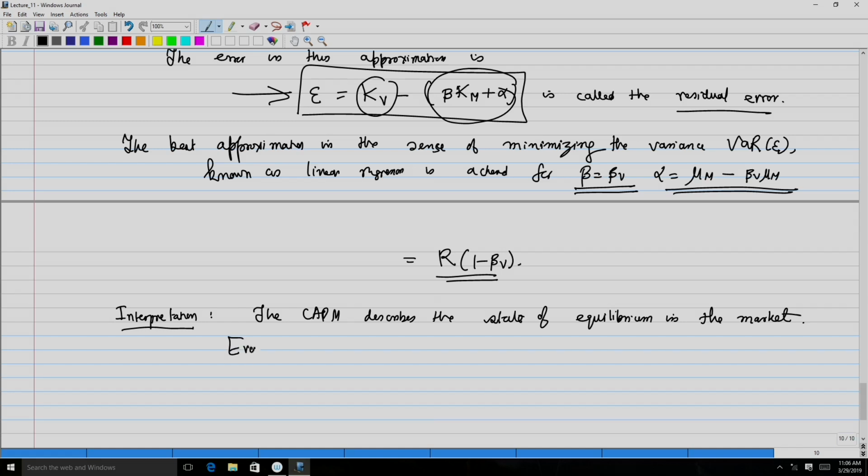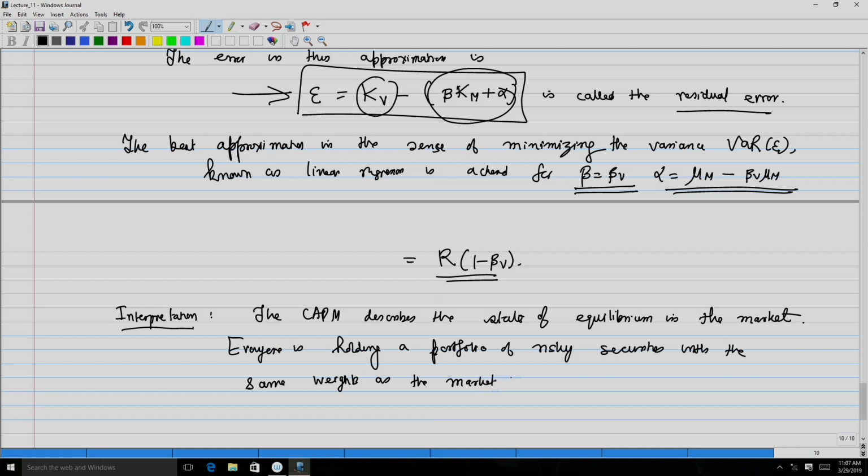So, basically everyone is holding a portfolio of risky securities with the same weights as the market portfolio,